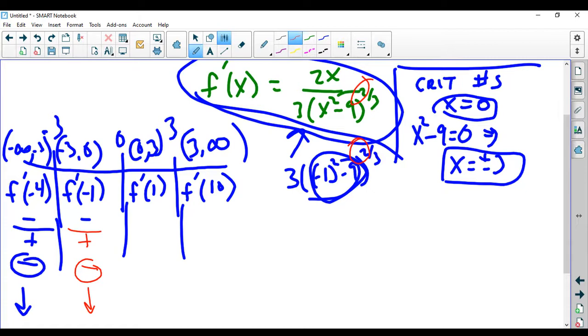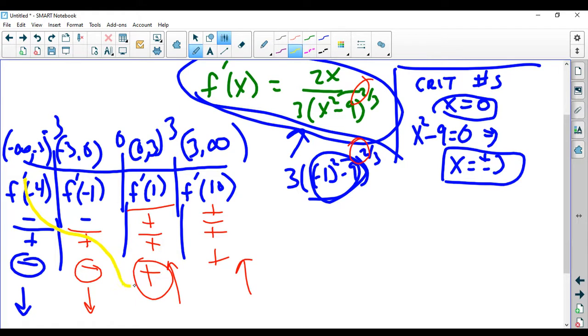If you plug in 1, you'll get a positive over a positive, which is positive, increasing. And if you plug in 10, you'll also get a positive over a positive, which is positive, increasing. So this function is going from decreasing to decreasing to increasing to increasing, which means we have a relative minimum